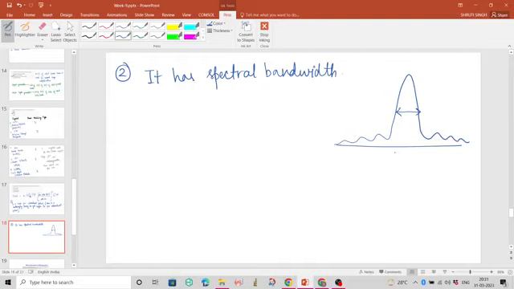We say if this one is our 700 nanometers, but it will not be exactly 700 nanometers. This much will be the spread. So the ultra short pulses inherently have a spectral bandwidth which comes due to the mode locking condition. But this spectral bandwidth means that there are